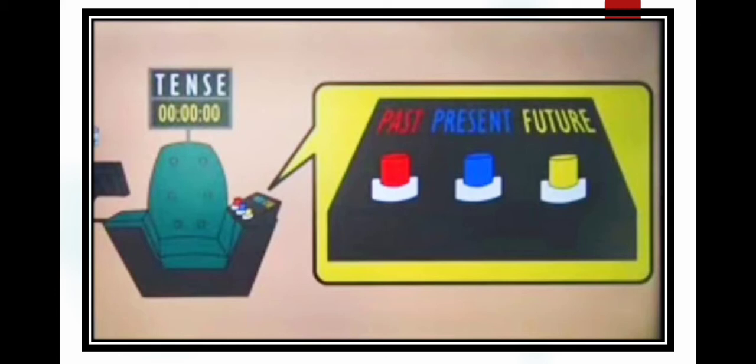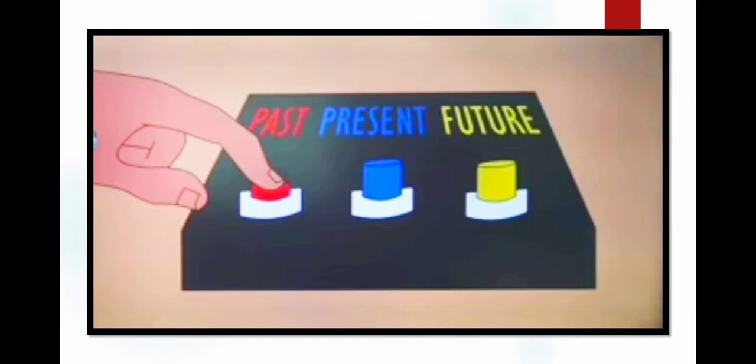So this machine has a nice comfortable chair, lots of buttons and a screen. So Jack gets very excited. He wants to see what the buttons do. So he sits on the chair and he sees that it's written past, present, future. But he does not know what this means or what these buttons do. So what does he do? He presses one button. Which button? The button which has past written next to it.